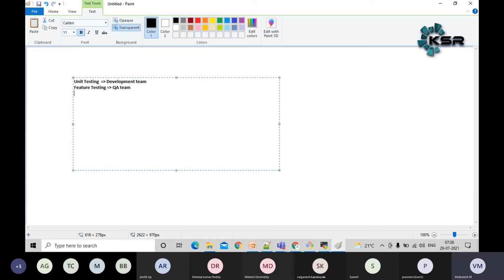Also, in feature testing, they can use a different set of tools, guys. They can use Cucumber, or otherwise there is the Selenium framework they can use, Selenium for web API testing. It will be different kinds of methodologies, guys. As I mentioned, unit testing will be taken care of by the development team. Our DevOps team, we don't need to worry. We just need to understand the concept.